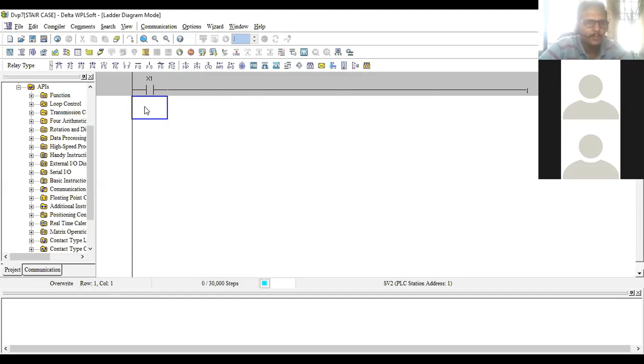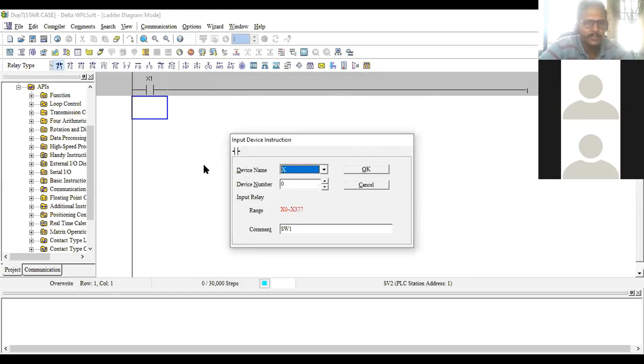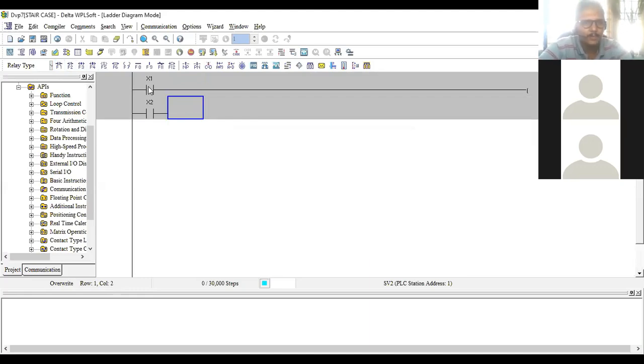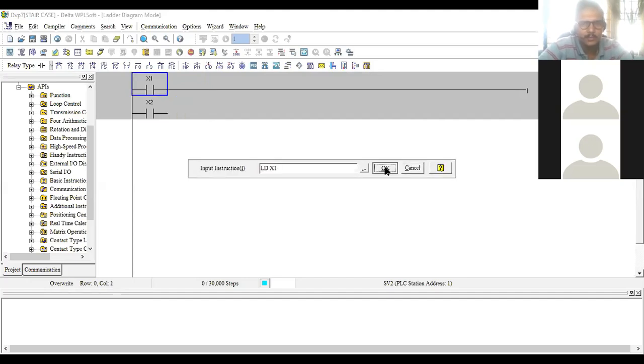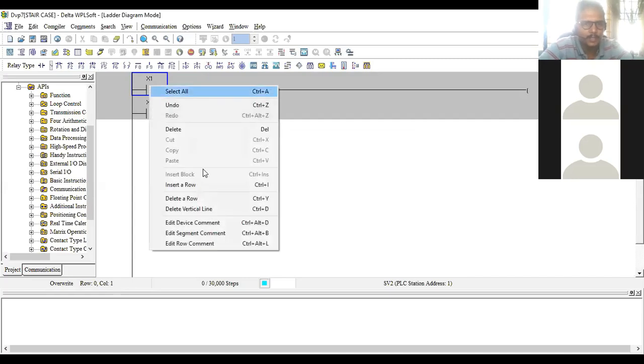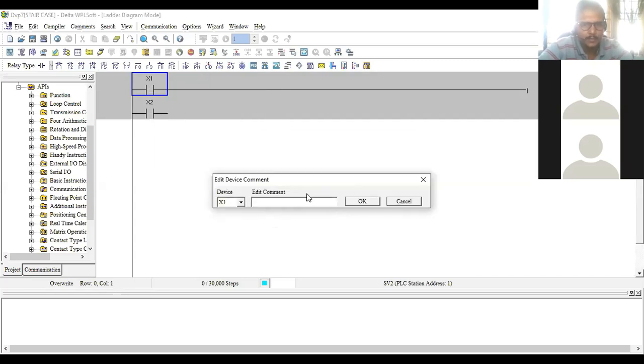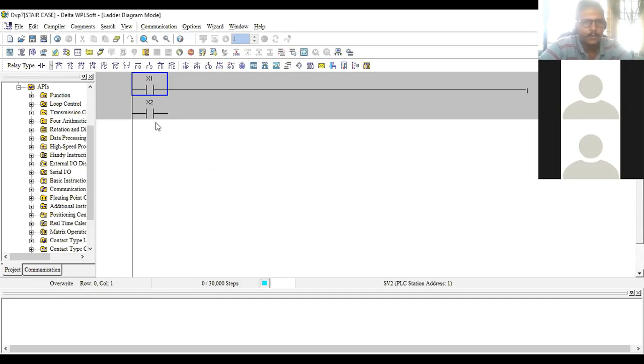Okay. So I'll use another switch. This is my second switch, H2. This is my switch 2. Fine. So this is my switch 1. I'll just take it. Switch 1 is this common. So this is my switch 1. This is my switch 2. Okay. And I'll just give a latch.